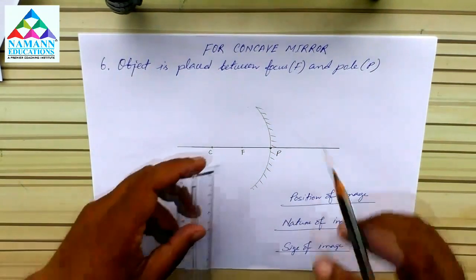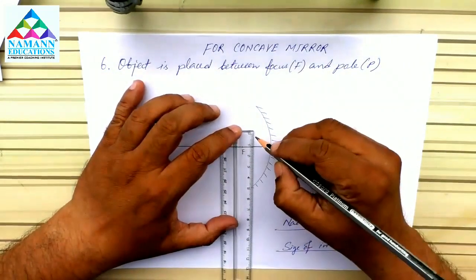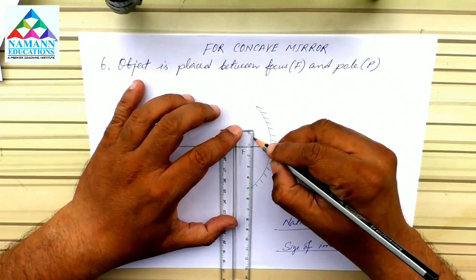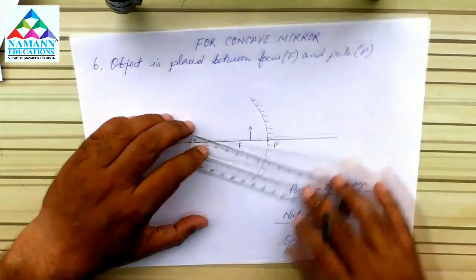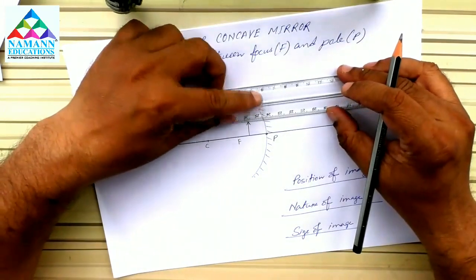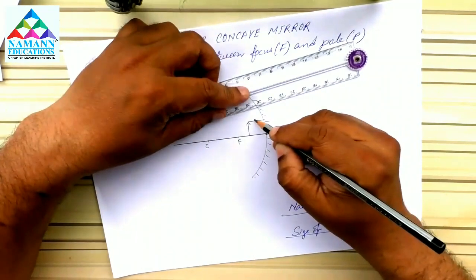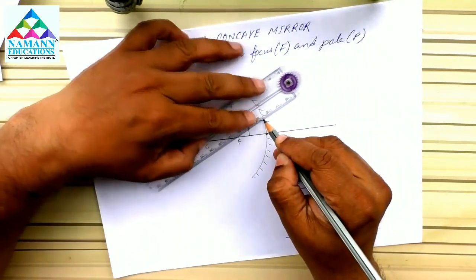We can consider a smaller object between focus and pole, and a ray of light incident parallel to the principal axis. After reflection, we know that this light ray passes through focus,